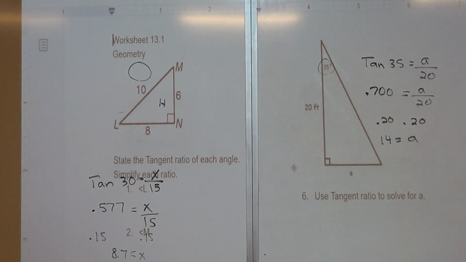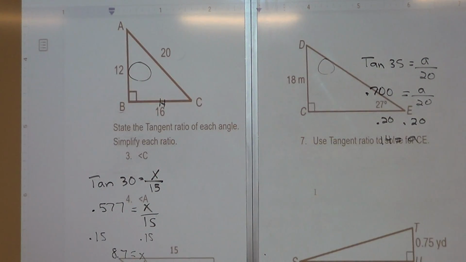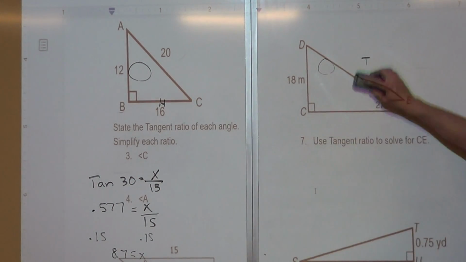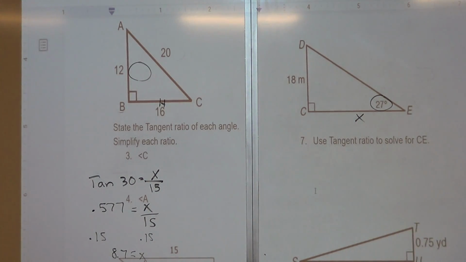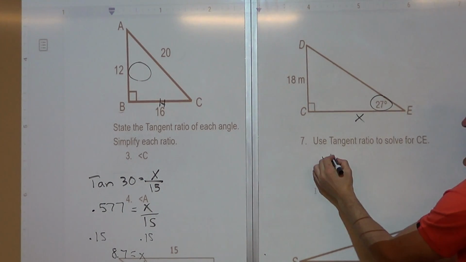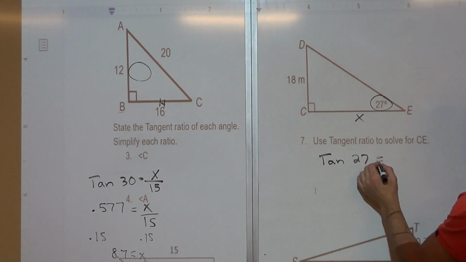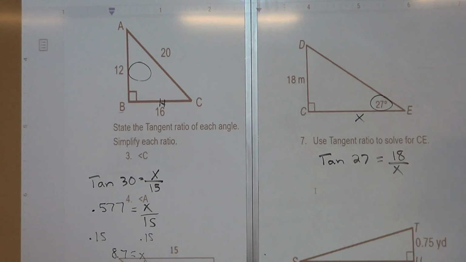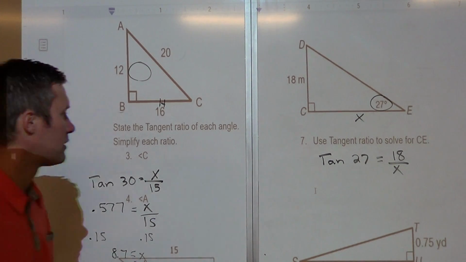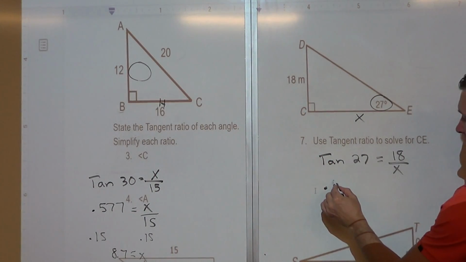When you go to your next one, this one's a little bit different. So those two were pretty straightforward. We want to use for 7 and 8. Okay, so for 7, we want to use a tangent ratio. So again, here's my angle. I want to find CE, so I want to find that side there. The opposite side, so tangent of the angle given to me, is equal to the opposite side, 18 over x. Well, now if I look at it, first thing I'm going to do is tangent 27 is about 0.51. So I'm going to write this way, 0.510